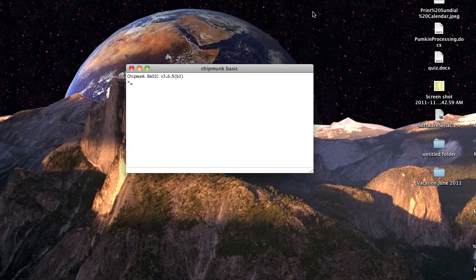Okay, what I want to do here is to go over some ASCII coding in Chipmunk Basic. As I get started here,